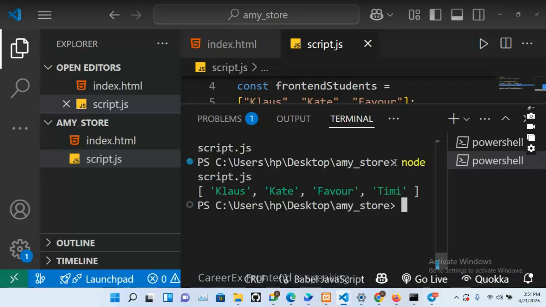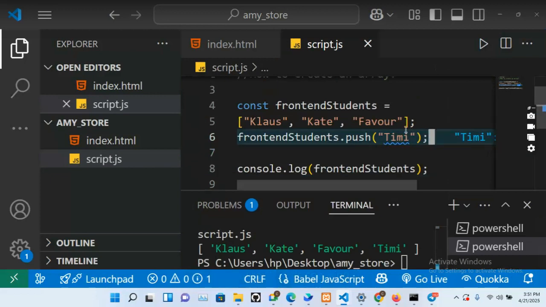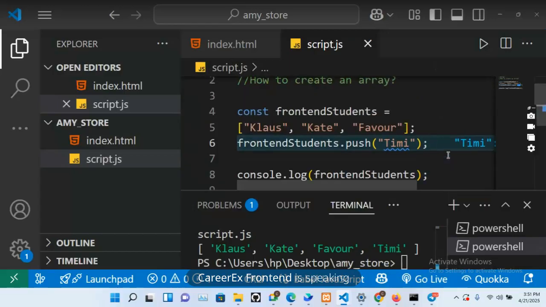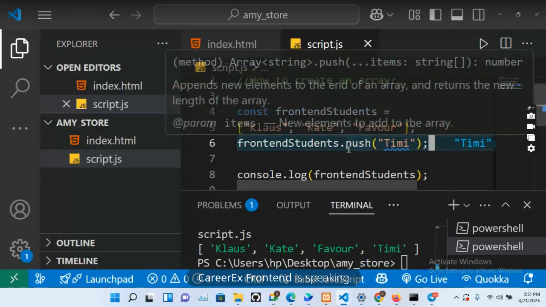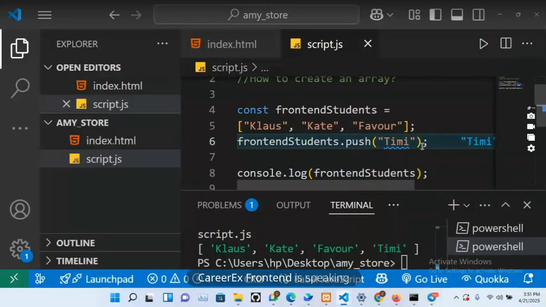All right. So you can see we have Klaus, Kate, Favor, and Timmy. Now you will not be wondering, see Klaus, Kate, Favor, Timmy. But in the code, where is Timmy? Timmy is not here. So the push method, the first method we are learning, is the push method. And what does the push do? The push enables you to put additional data into the existing data. So the initial data is Klaus, Kate, Favor, but we don't have any Timmy. But with the help of the push method, we're able to push Timmy and add it to the array